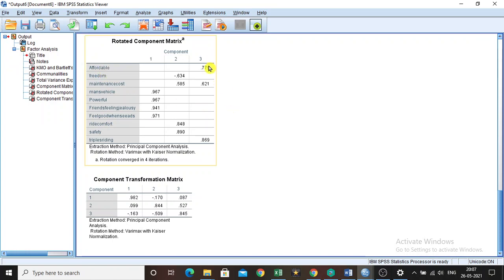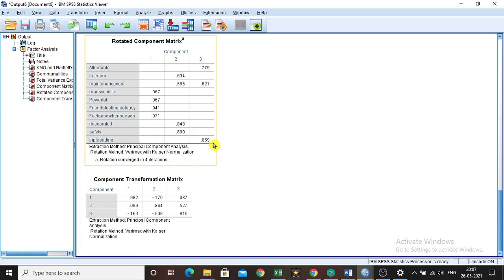Affordability has loaded in the third factor, maintenance cost is also in the third factor, and triples riding, at 0.869, is also loaded in the third factor, which means maybe we can say affordability and maintenance cost are about cost. So the third factor can be named as cost.